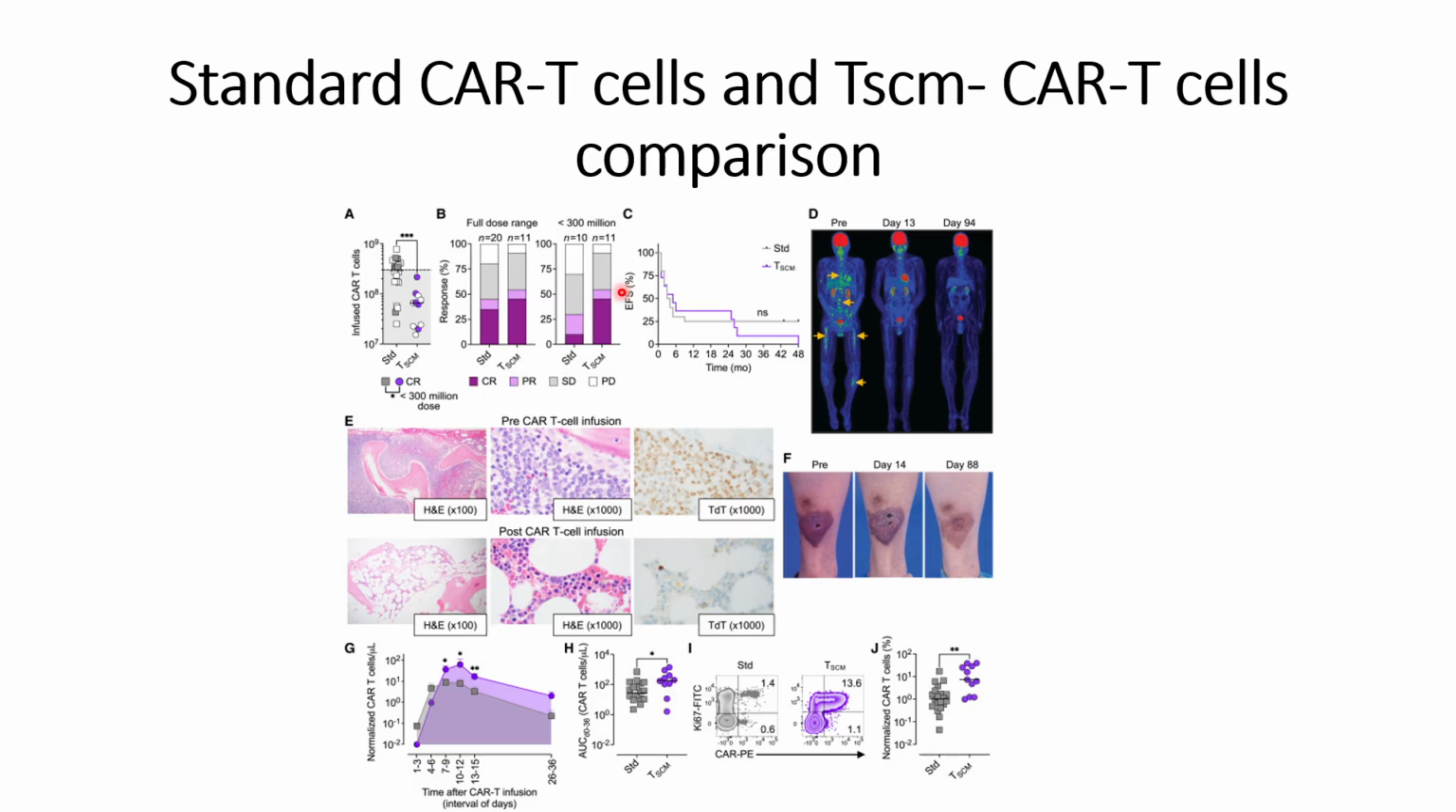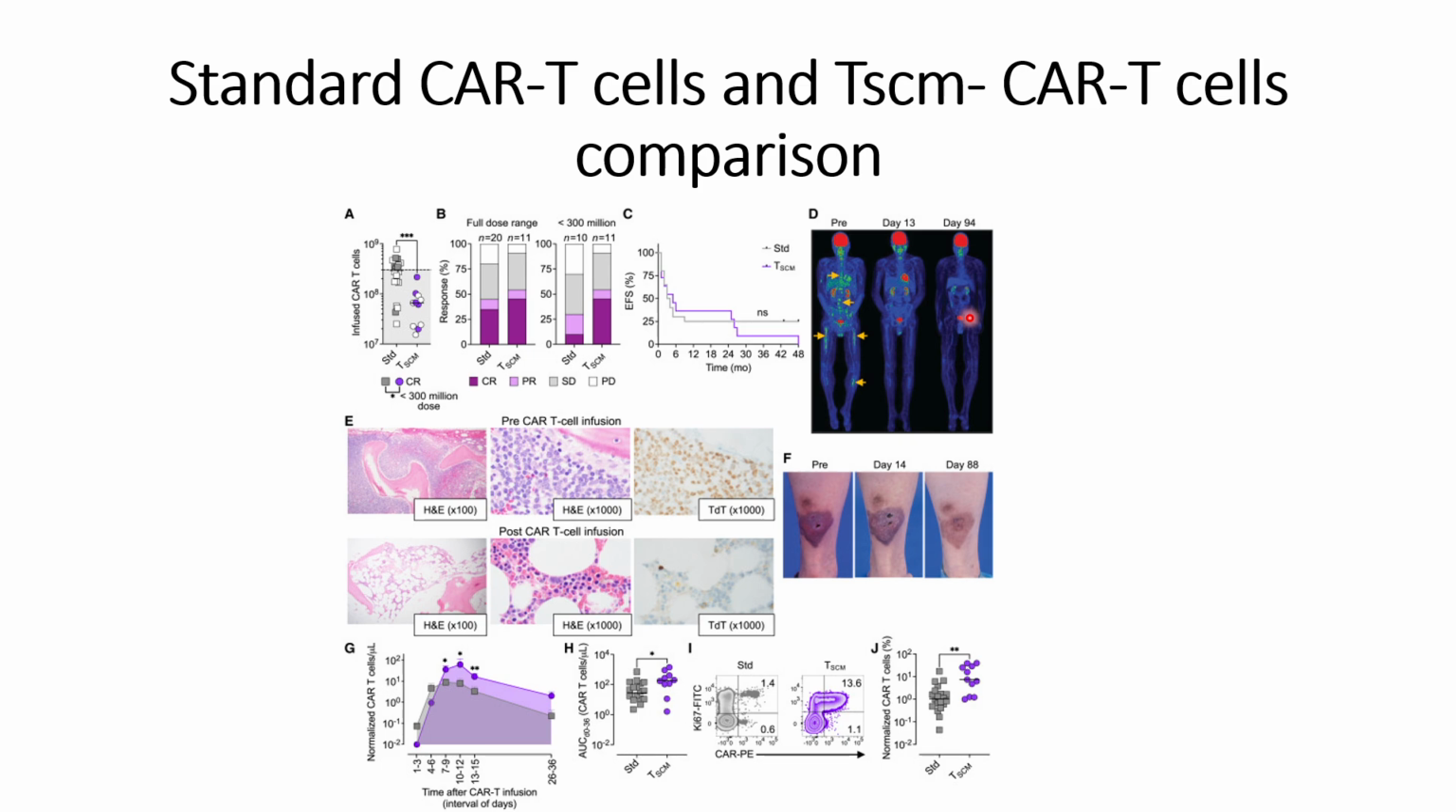CAR-T cells. And when they checked the event-free survivals, they did not see any difference between the standard CAR-T cells and the T stem cells based CAR-T cells. Thereafter, they presented the results for the Tscm, the T stem cells, memory T cells based CAR-T cells, and we can see that the arrow shows the tumors, and when they used these stem cell based CAR-T cells, after 94 days those tumors are almost not visible in